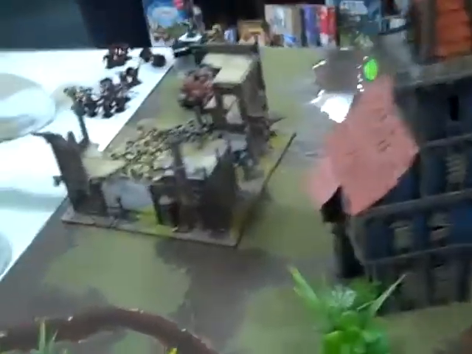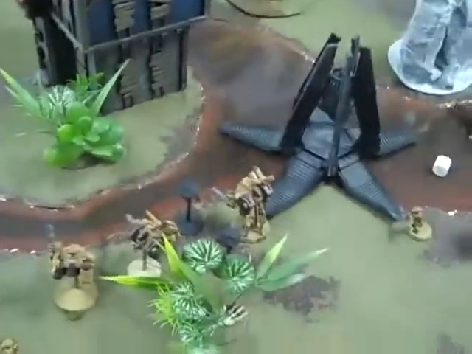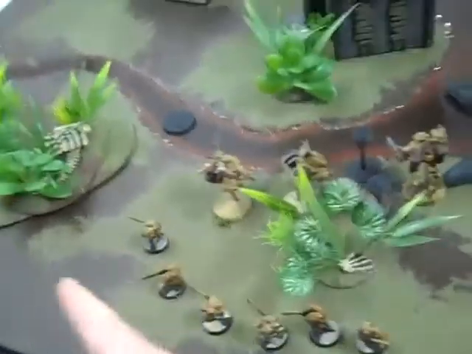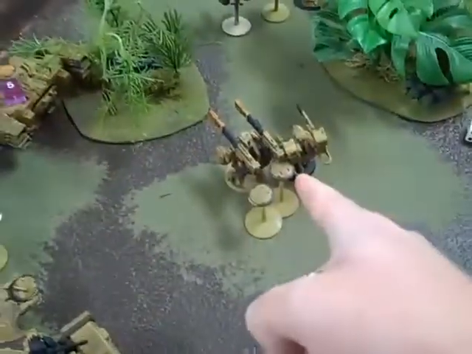So it's Tau turn 4. Right, the end of Tau turn 4. Crew didn't do anything, they were pinned. These guys shot at the Predator, didn't do anything. These guys ran up and over. These guys shot at the Predator. And the